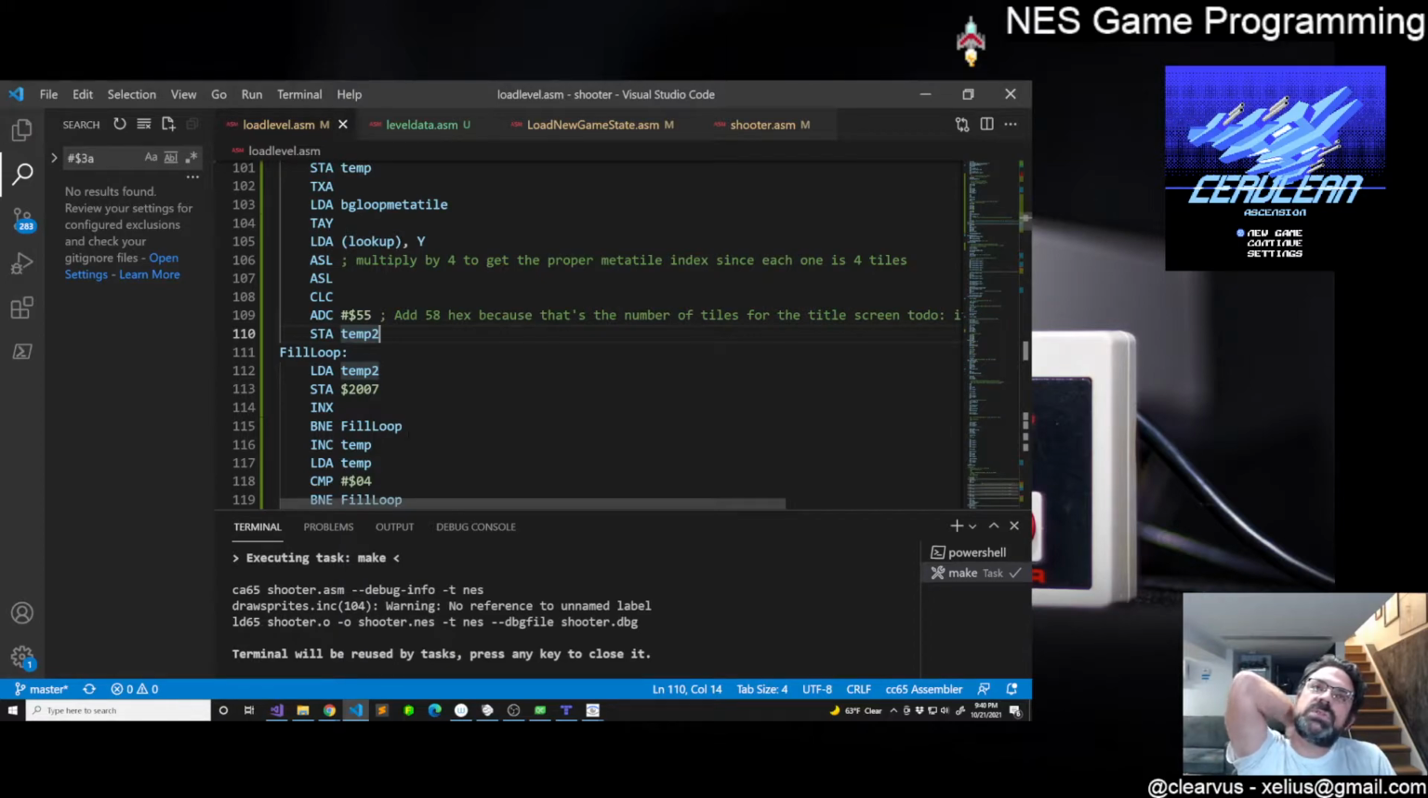So what we want to do is start with the first tile, go to the second tile, go back to the first tile, go to the second tile. We just want to alternate back and forth. And then once we progress to the next row, so after what is that? 32 tiles, then we want to